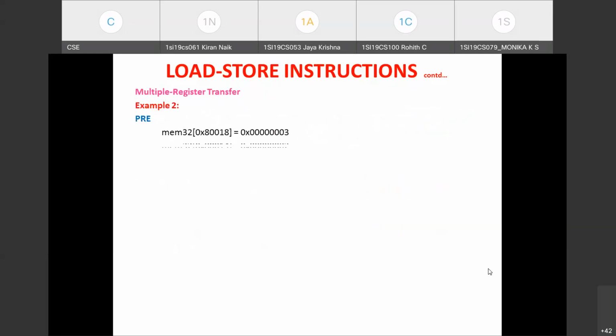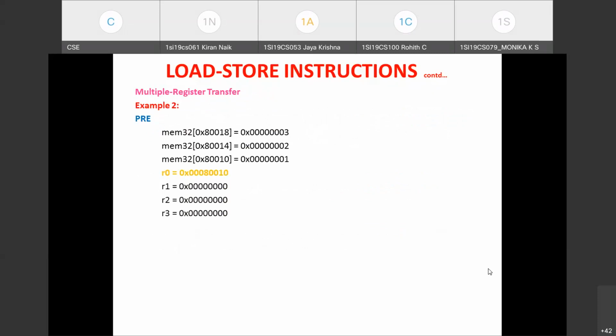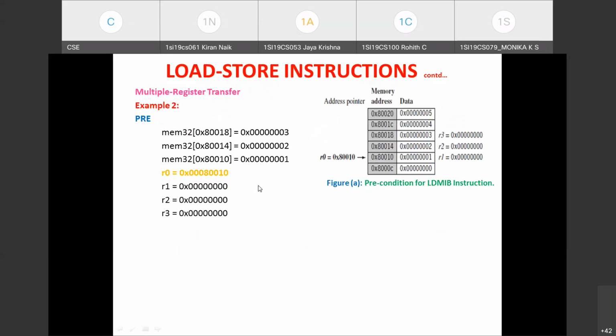Coming to the next example, where I've used IB addressing mode, you can see this is the precondition. Just see the same data, whatever I've given in the precondition, I've represented diagrammatically here. 80010 is the address held in the base address register, and these are the data in these successive memory locations. Initially R1, R2, R3 contents are 0. Now tell me, after execution of this instruction, LDM IB R0, comma, R1 to R3, what will be the